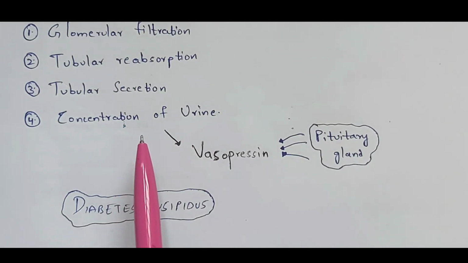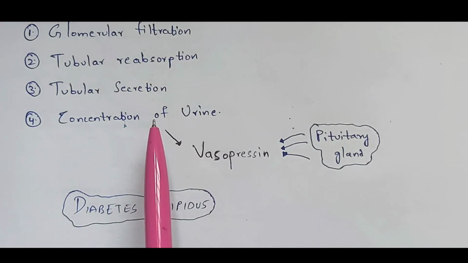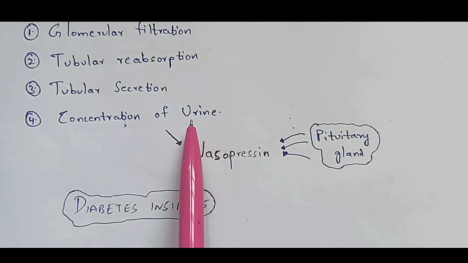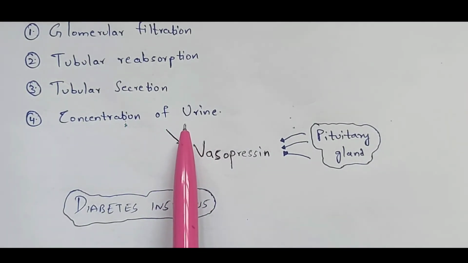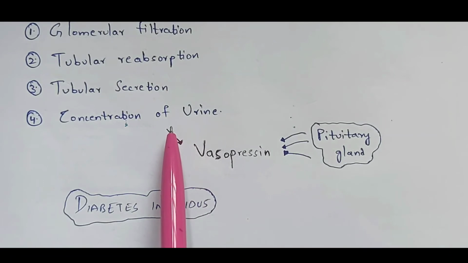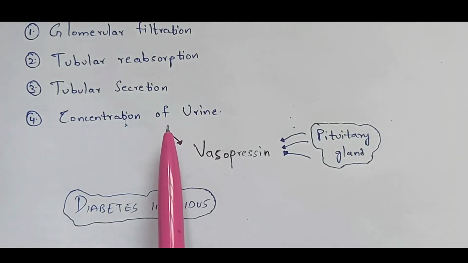Now coming to the last stage, called concentration of urine. This is one of the most important stages. In this stage, the collecting duct will receive that secondary urine from the whole nephron, right? Now the urine will become concentrated. How can you say that urine is becoming concentrated? Because the water and other useful material present will be reabsorbed in this collecting duct, so that the urine will become concentrated. And once it gets concentrated, it will be released out from the body through the urinary bladder.